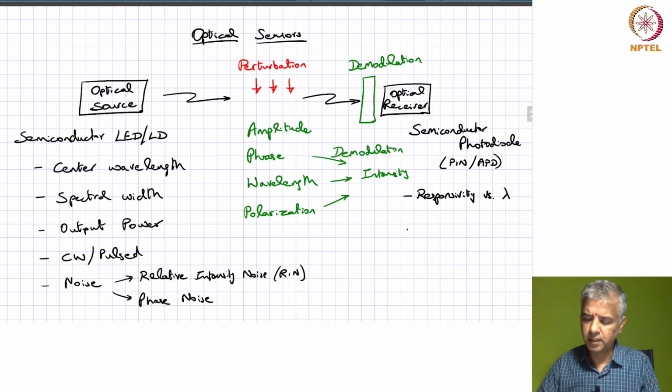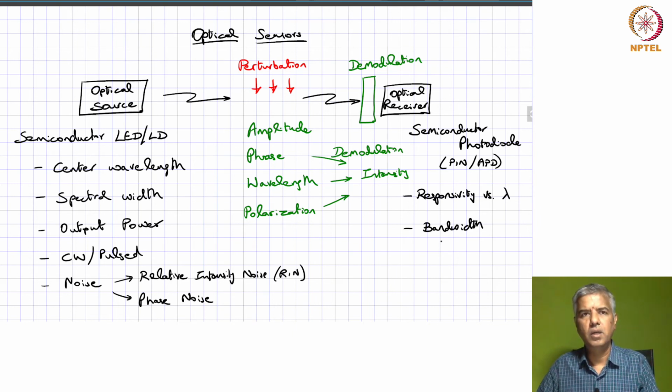The other characteristic is your bandwidth. So what are we talking about as far as the bandwidth is concerned? We are looking at how fast the optical receiver can respond to the changes in the incoming light. Okay, so if you want to capture events, perturbations that are happening in a nanosecond time scale, for example, what sort of bandwidth would you need? Well, you take the inverse of that and you say roughly, it's going to require bandwidth in the order